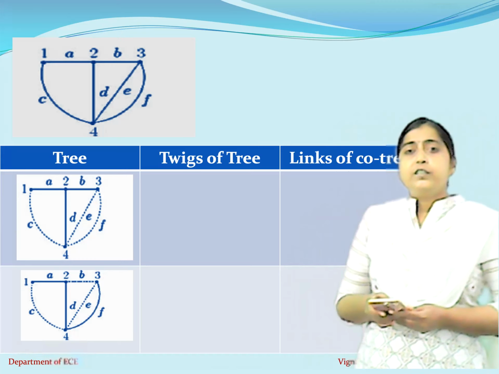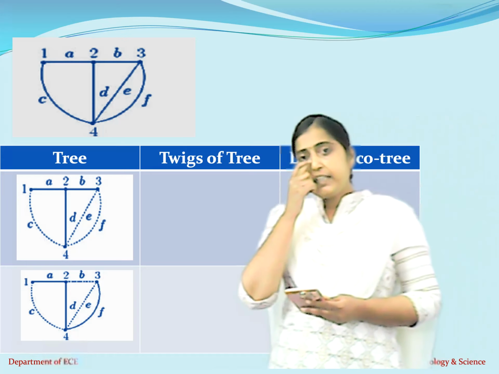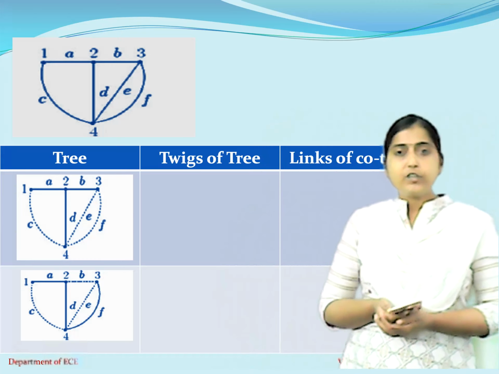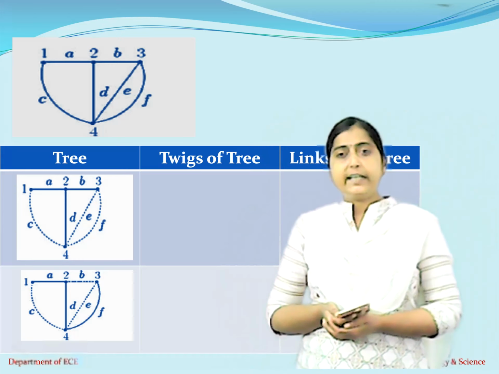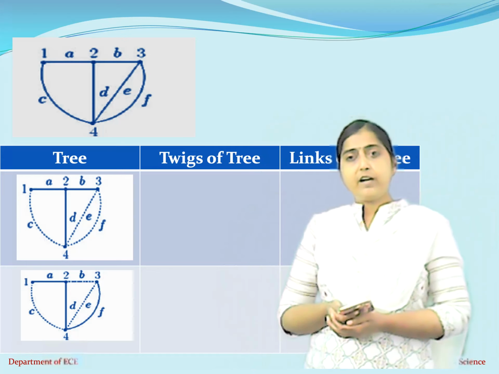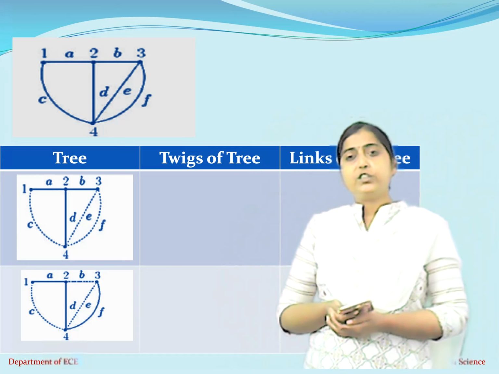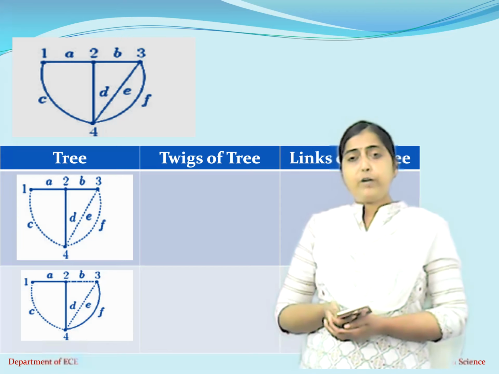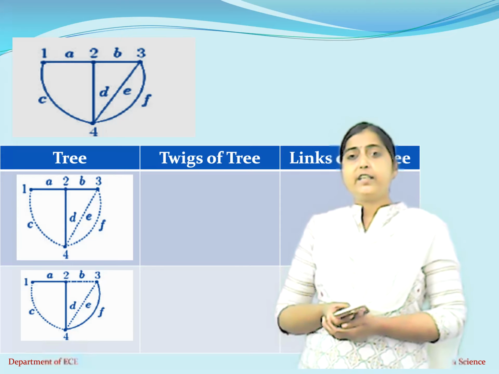So today we have discussed the basic definitions involved with network topology. You have to be very thorough with how we draw the network graph, what an oriented graph is. Before that you should be in a position to identify the number of nodes and branches in the circuit, what different elements are connected in the circuit, and how we replace the elements while drawing the graph. From that graph, how do you draw the tree? From the tree, how do you draw the co-tree? You should be in a position to identify all of them.